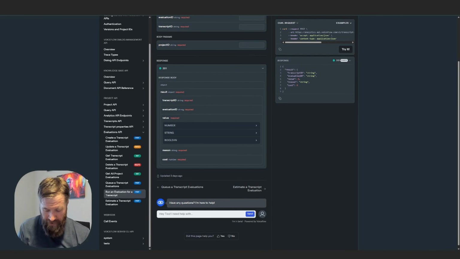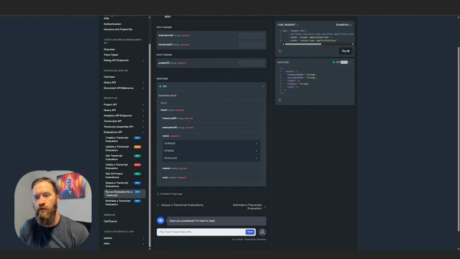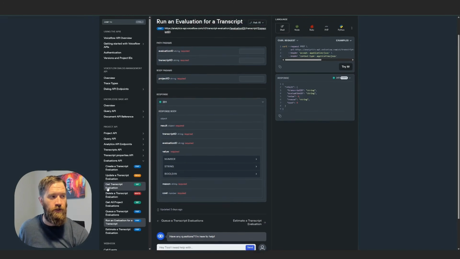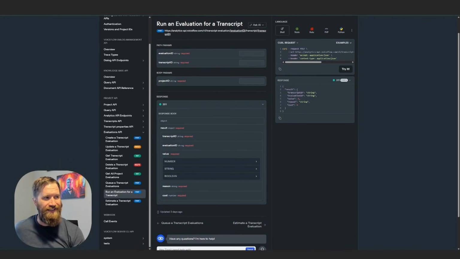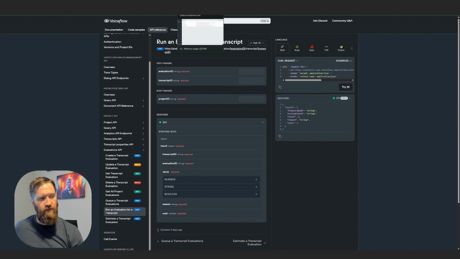The amount of work that just got thrown onto my plate because of this update, I'm like, man, my task list is just growing all over the place, because it's like, I want to do this, I want to do this, I want to do this. So I am sure that I will probably have a decent example of me doing this out in the wild at some point, hopefully over the next couple of weeks. But either way, this is a long time coming, nice quality of life change from Voiceflow. So hats off. Thank you for all of this stuff and for giving me more work.